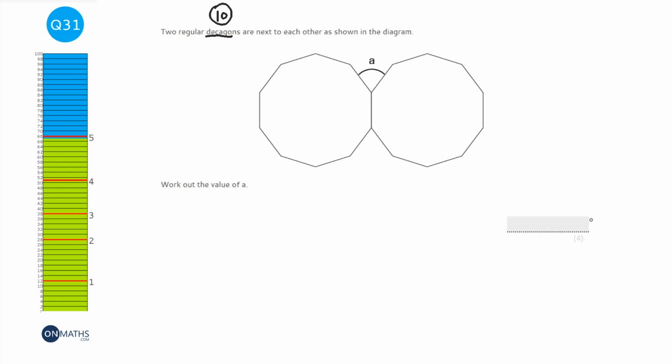A quicker way maybe, and especially on the non-calculator paper, but it works on both papers, is to draw a line up here and realise that you've got two exterior angles there. And the beauty of exterior angles for polygons is they always add up to 360. So to work out the exterior angle,